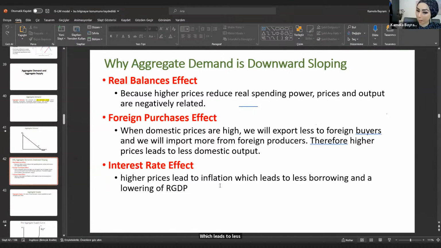What does it mean? If the price of something is going up, it is itself inflation. It's another name for inflation. When prices are going up, we are talking about inflation, changes in prices upwards. And that will lead to less borrowing because